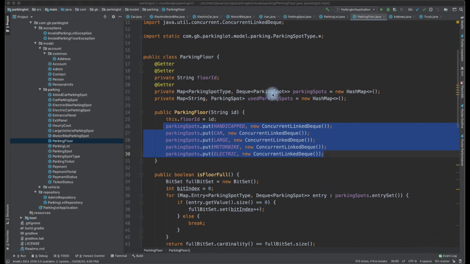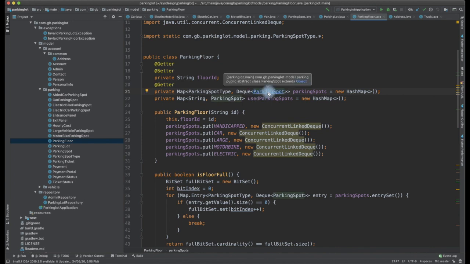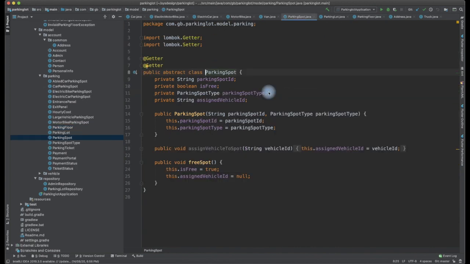Now the next thing we need to look into is that a parking floor contains multiple parking spots. Let us look into what a parking spot contains. A parking spot will have an associated parking spot ID, like E1, E2, E3, B1, B2, B3, some kind of numbering system to identify the parking spot. We should also think of the numbering so that it is easily sortable. So if motorbikes are there, MB1, MB2, MB3, it becomes easy for us to sort. But there is no strict naming convention that we need to follow.